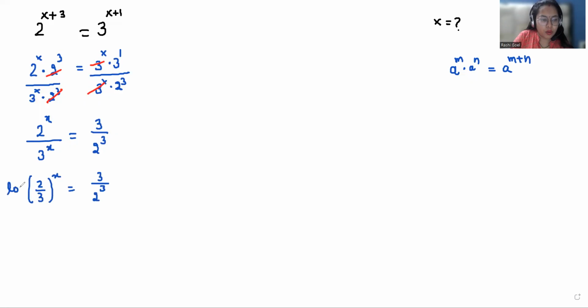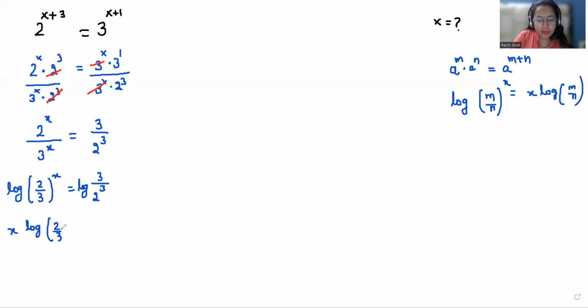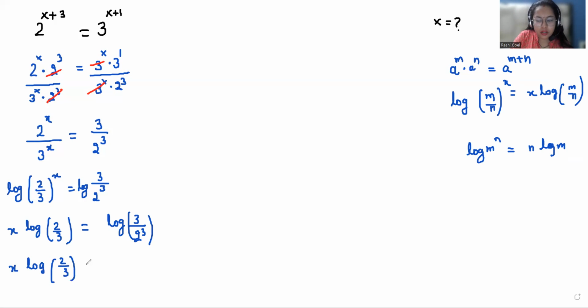Now I am taking log both sides. So as we know the rule of log formula, log m by n power x, we can write it as x log m by n. So here x log 2 by 3 is equals to log 3 by 2 power 3. Now we have rule log m power n is equals to n log m. So we can write it as x log 2 by 3 is equals to